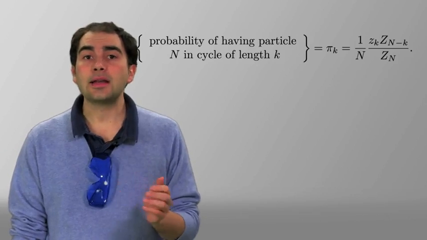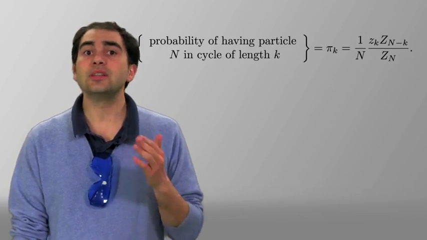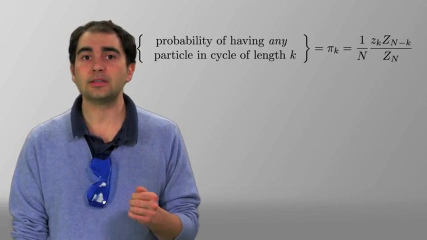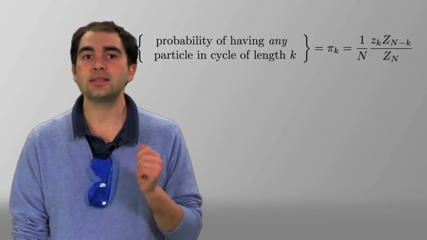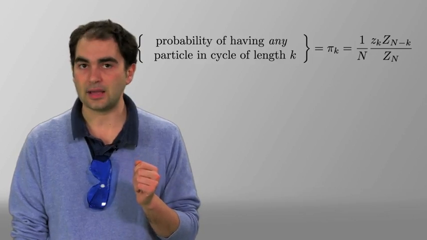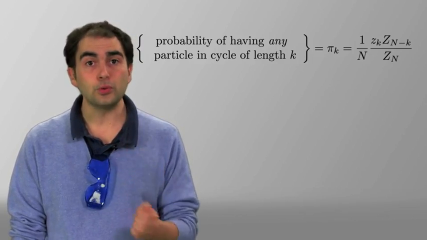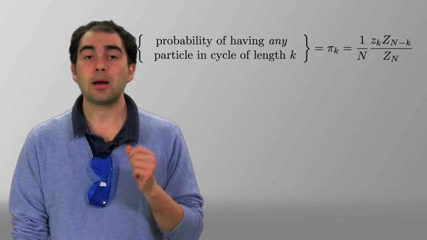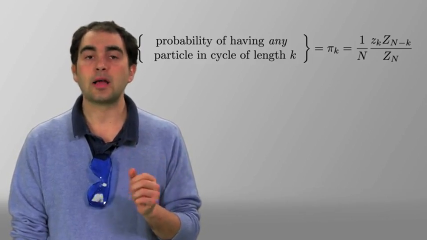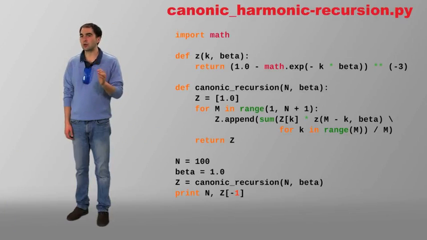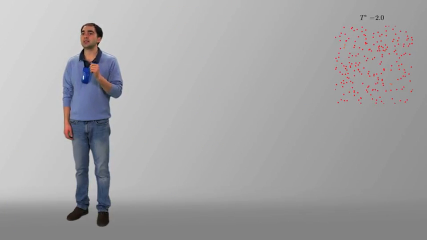But the particle n is in no way special, so this relation gives the probability to find any particle inside a cycle of length k. We can compute these probabilities by modifying the program canonic harmonic recursion.py as you see here